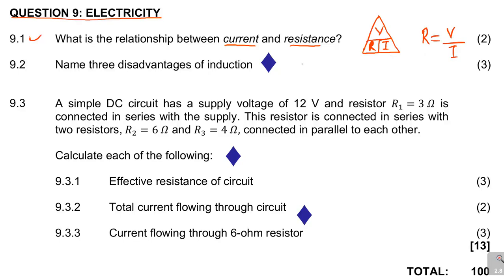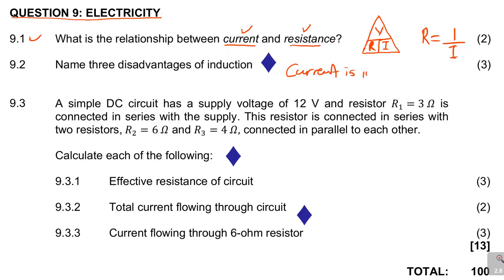So now the question is, what is the relationship between current and resistance? If I can ignore this part here, V, and I put a 1 there, you can see that V is equal to 1 over I, meaning the two have got an inverse relationship. So what is the relationship? We can say in this relationship, current